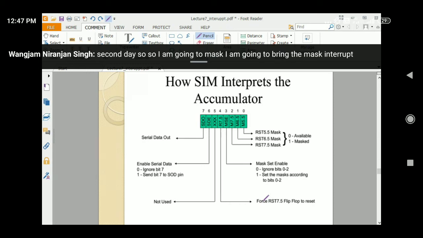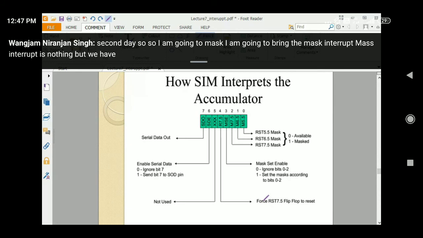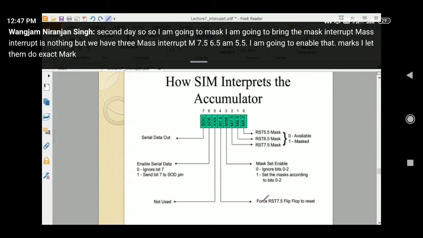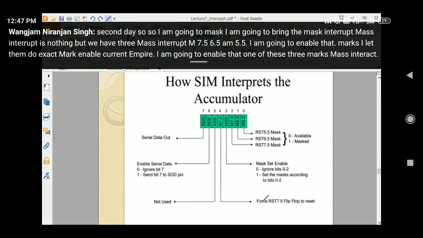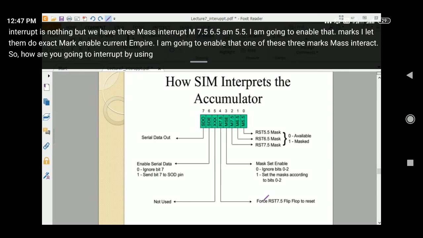Mask interrupt is nothing but we have three mask interrupts: 7.5, 6.5, 5.5. I am going to enable that mask. At that time, you cannot enable all three together. I am going to enable one of these three mask interrupts. So how are you going to enable it? By using this SIM instruction.